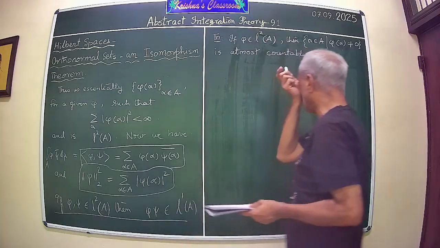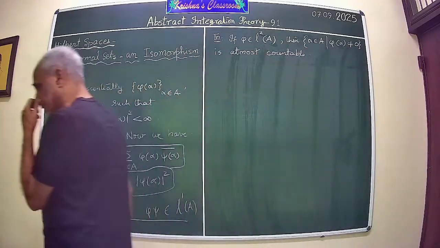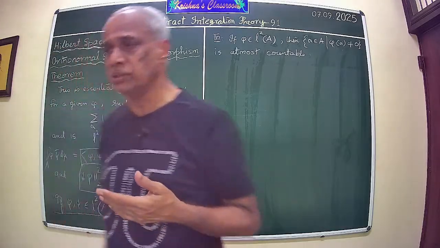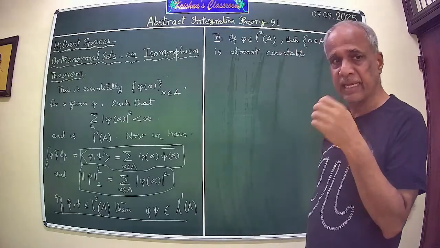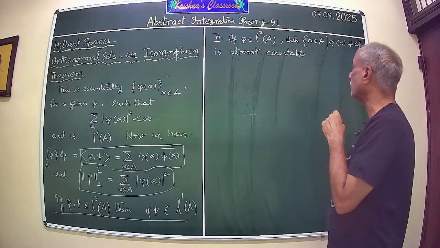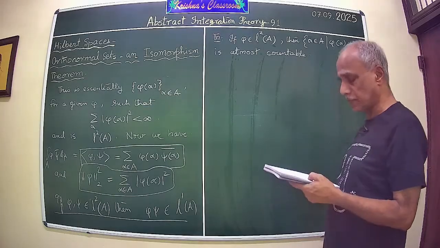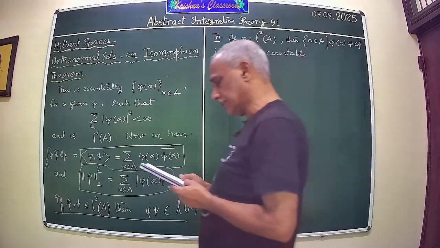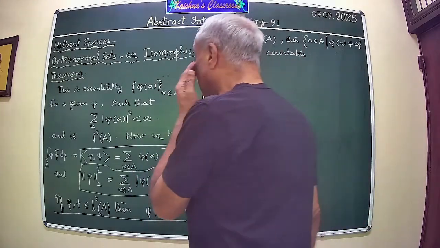At most, that means only at most at a countable set of points, phi may take non-zero values. Almost all points other than a possible countable set of points, the function phi will be 0. This is the property that you can prove. And this we have proved, and this is very interesting because you see that although this